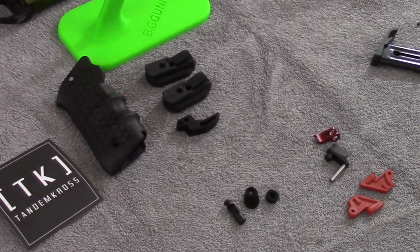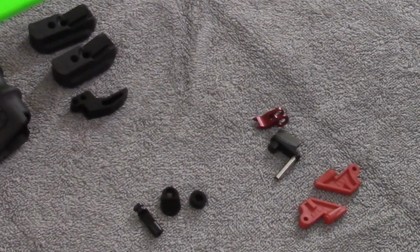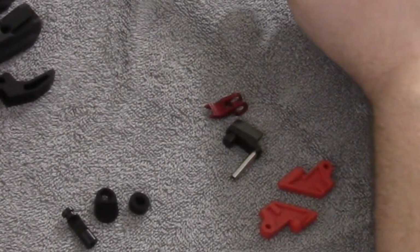We also got their magazine disconnect, which I thought was pretty cool, because one of the things the 22/45 comes with out of the box is a magazine disconnect. For those who don't know what that means, let's say you have a loaded round in the chamber and you drop the mag. In theory and by design, the gun is not supposed to be able to be fired because the magazine is removed from the pistol. Well, I don't like that. So luckily TandemKross makes a nice little feature that you can add to defeat that, and that's what we also installed today. Along with that, we also got their Cornerstone safety selector,